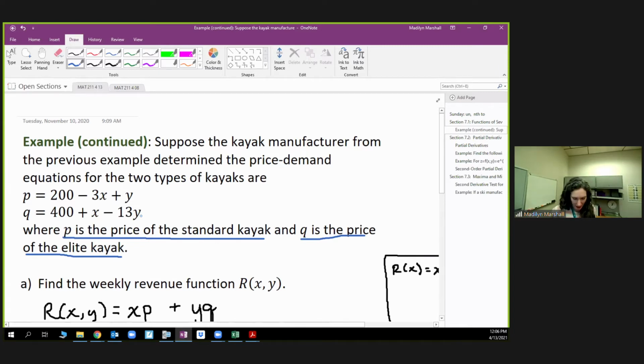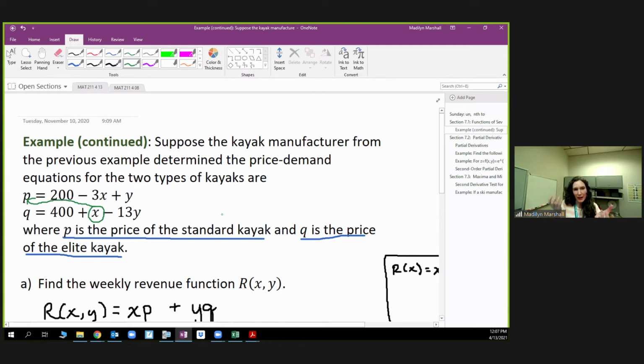actually that the price of the elite kayak would depend on both, because the number of, it's going to get kind of inception-y, the number of standard kayaks we produce has an effect on the price of the standard kayak. So if we think about, like, as a consumer, if the elite kayak is like $500 and the standard kayak is $450,